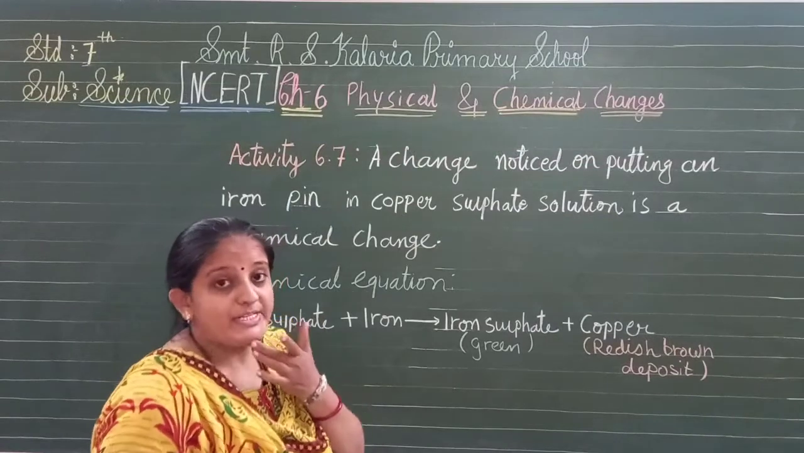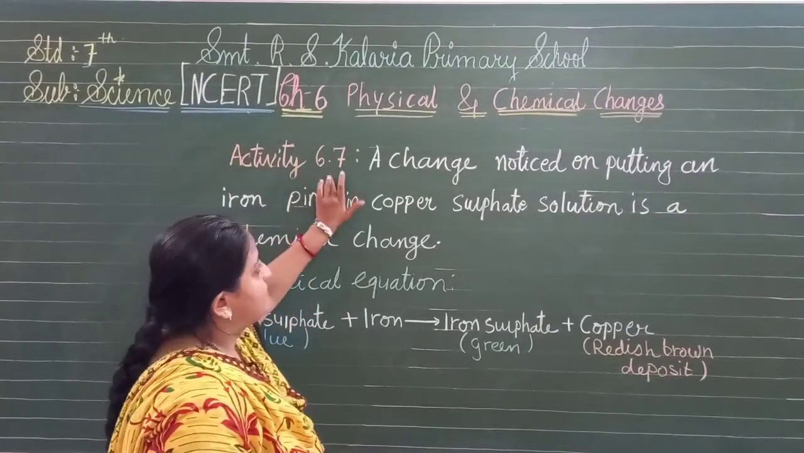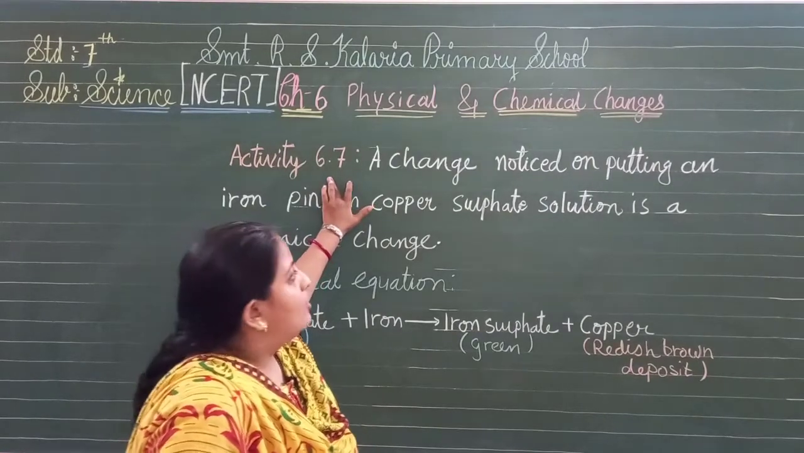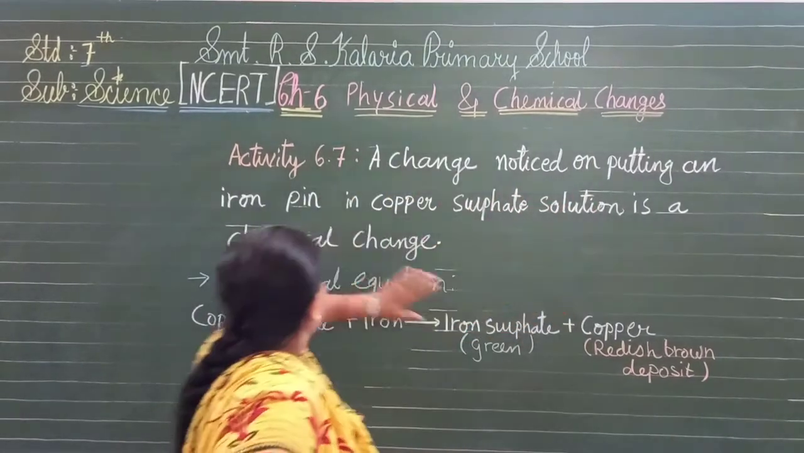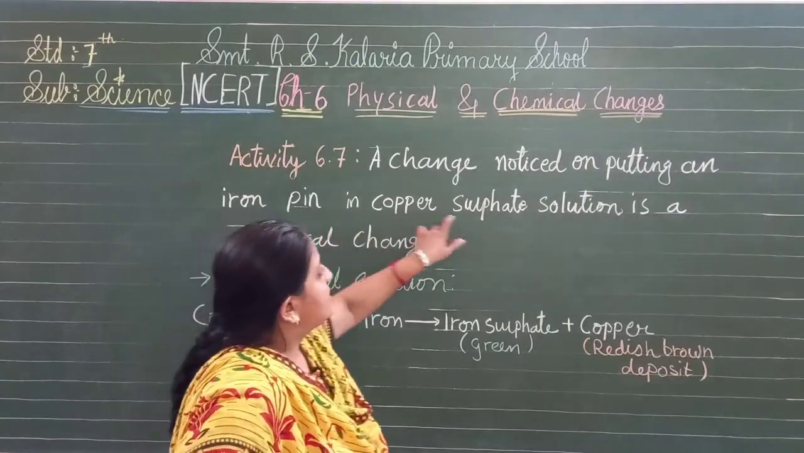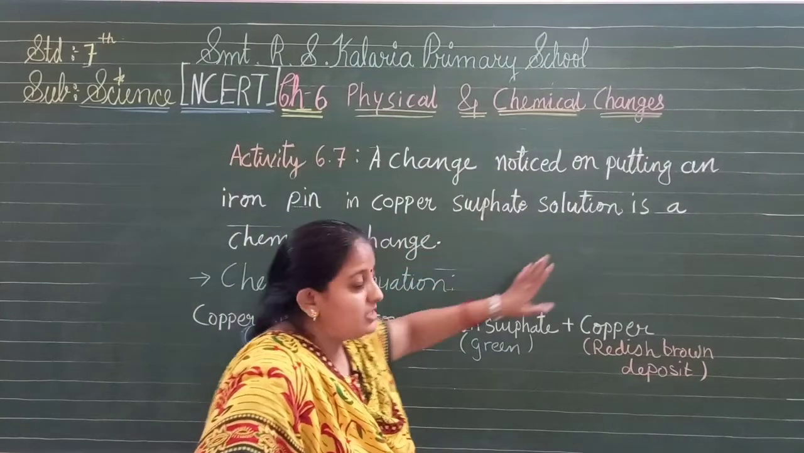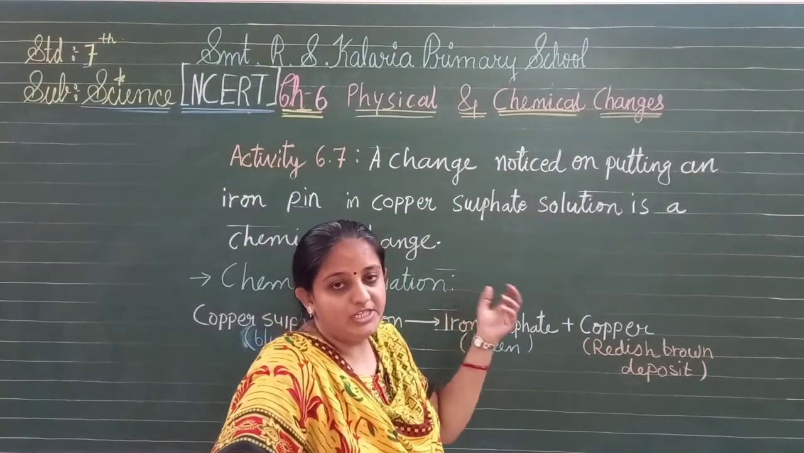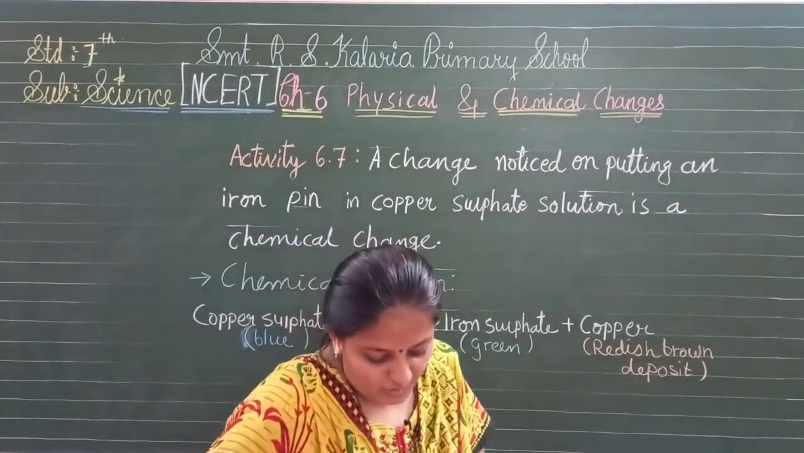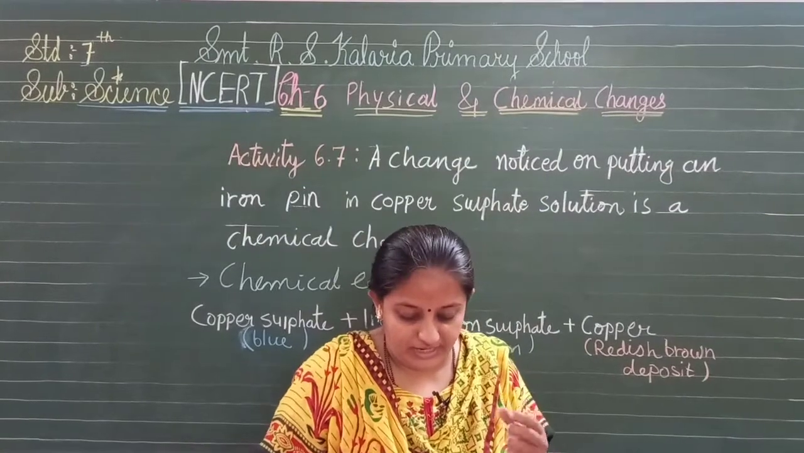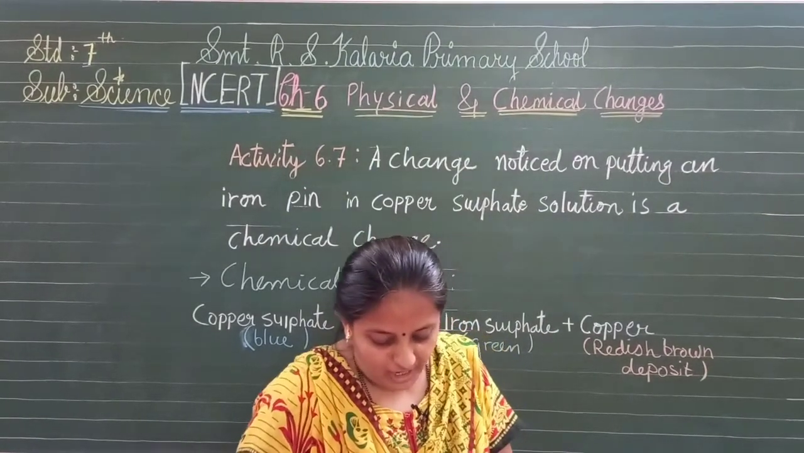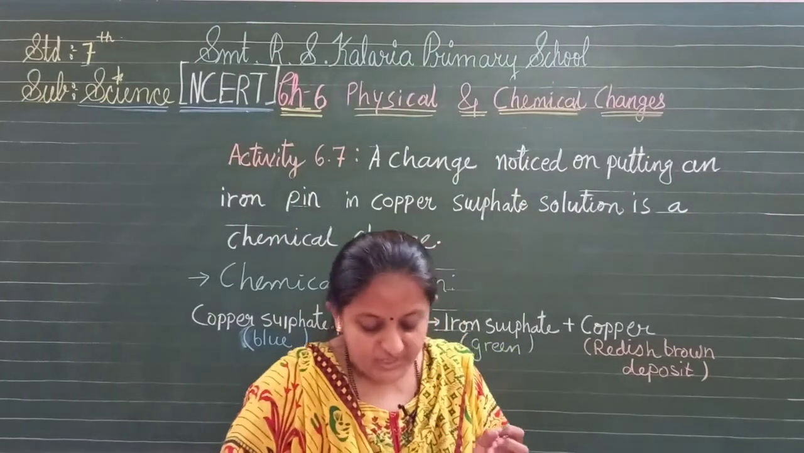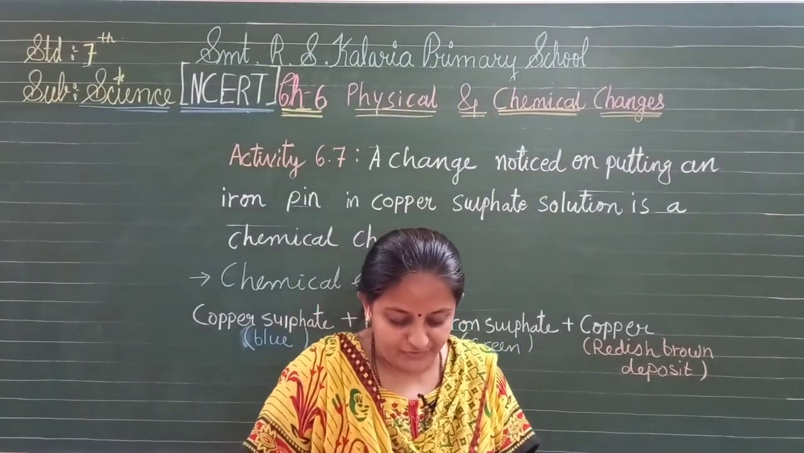Now let us move towards the next activity, 6.7. This activity is about a change. We will notice that putting an iron pin in copper sulfate solution is considered a chemical change. How will it change? You will see this change. Looking in the textbook, what you have to do is take a glass beaker or a glass and fill about half with water in it and dissolve about a teaspoon of blue copper sulfate or blue vitriol